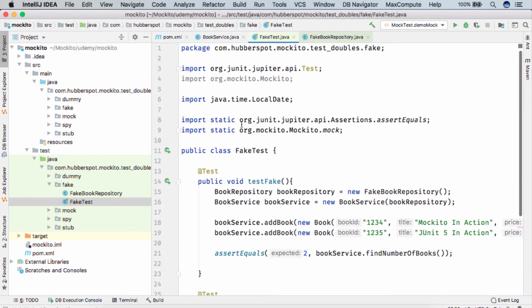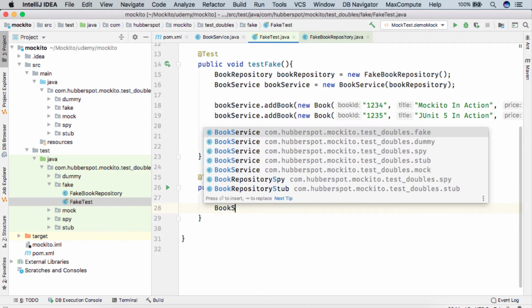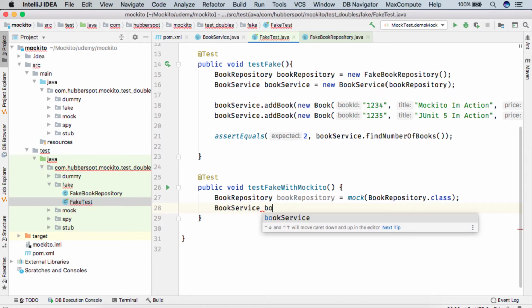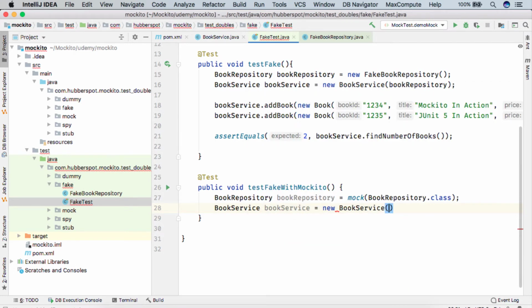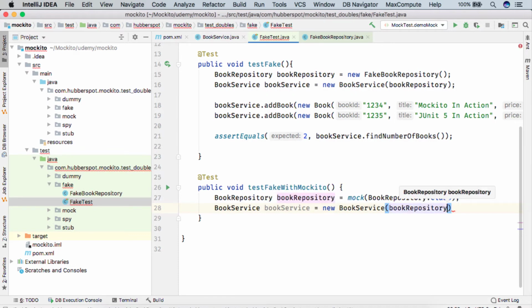Here you can see we imported the static Mockito.mock. We'll create the BookService, and we'll pass in the dependency BookRepository. So friends, here you can see this is the mocked BookRepository.